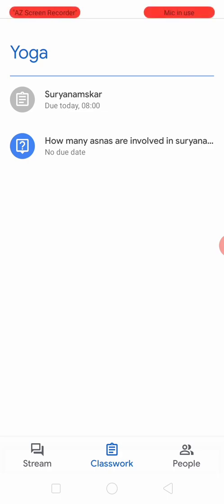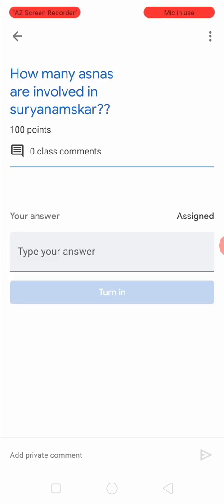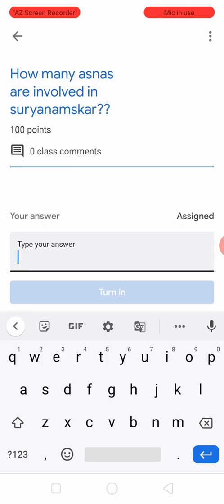So next activity, how many asanas were involved in Surya Namaskar? If you are aware of the number of asanas, it is fine. There are altogether 12 steps.